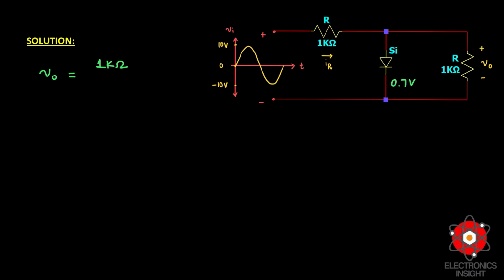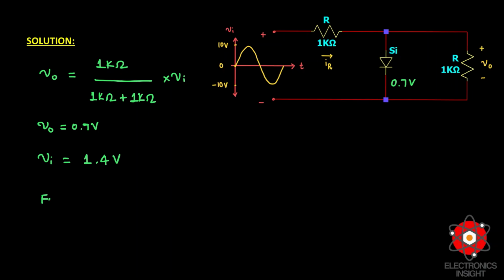Please do watch that because here we have two resistors that are connected in series. Then definitely there will be division of voltage happening. So output voltage we can write as 1 by 1 kilo ohm plus 1 kilo ohm, because both the resistors are of 1 kilo ohm value, into input voltage Vi. And the input voltage we need to understand. So V0 will be equal to 0.7 volt because the diode will conduct only when V0 is 0.7 volt. So once you substitute that, your Vi will be 1.4 volt.